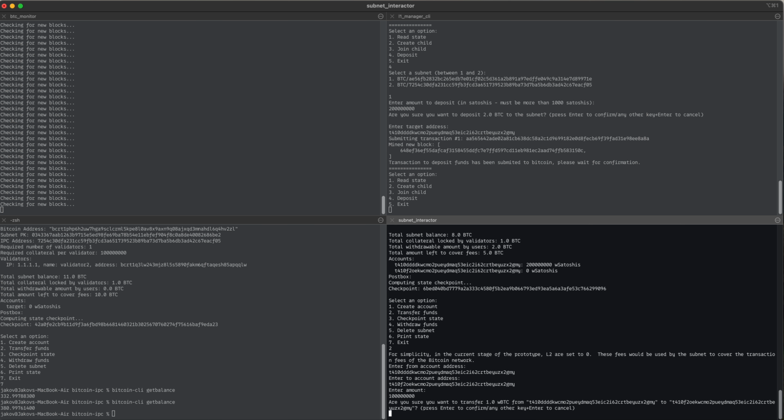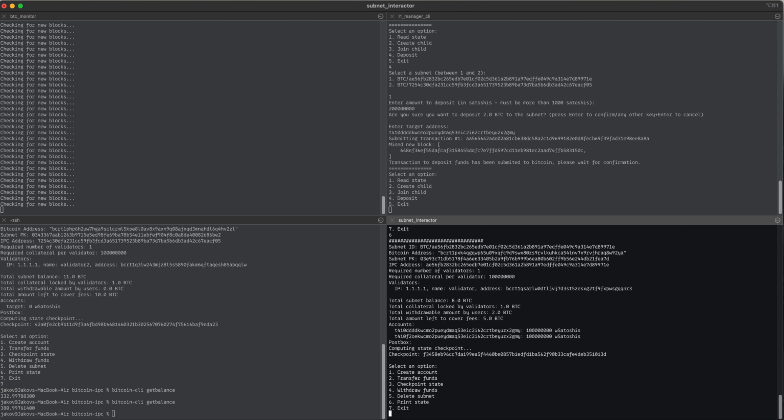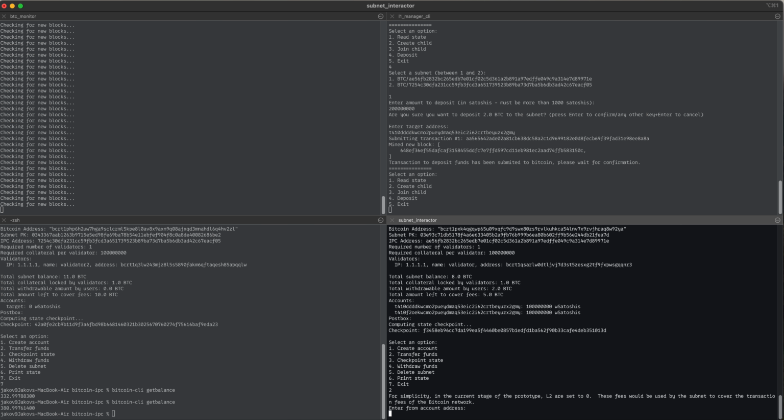And we're going to be prompted with a confirmation whether we are sure to make this transfer. After accepting this, and printing the state, we can see that both accounts now have one wrapped BTC in their balance. Additionally, we can proceed to